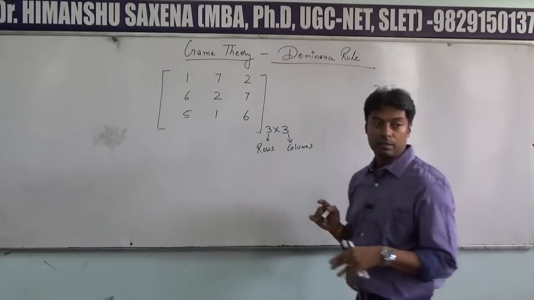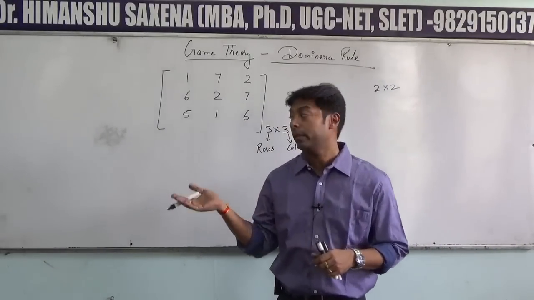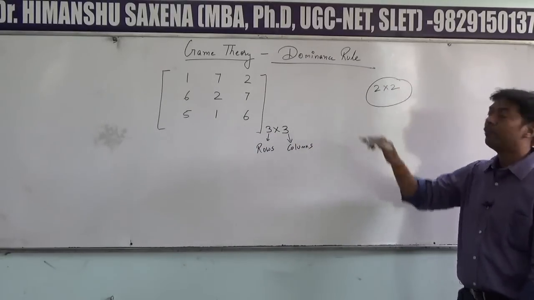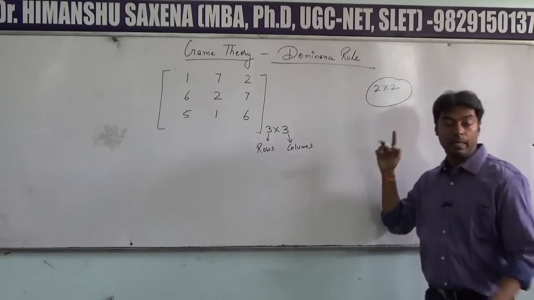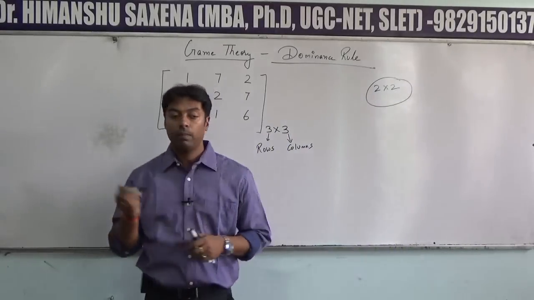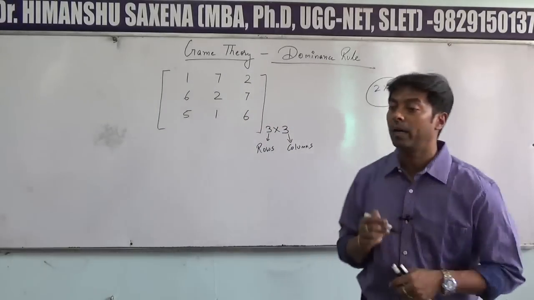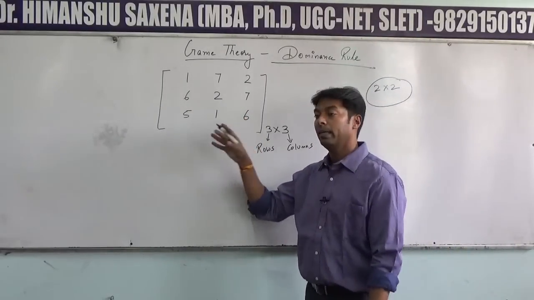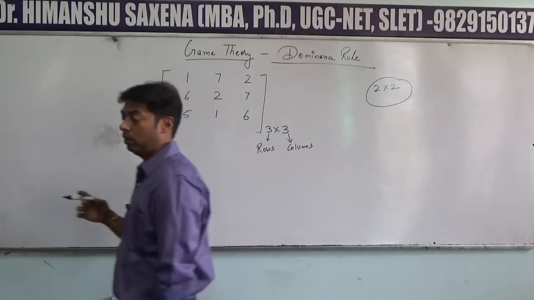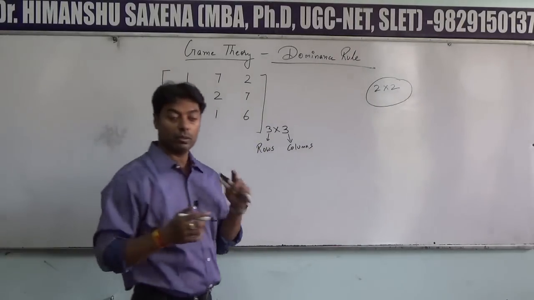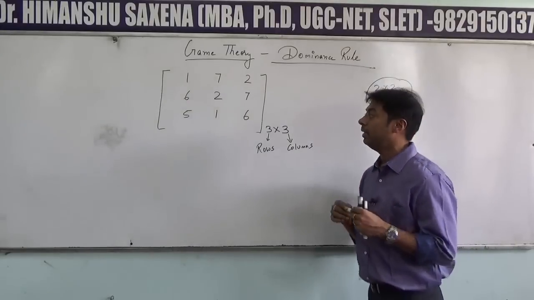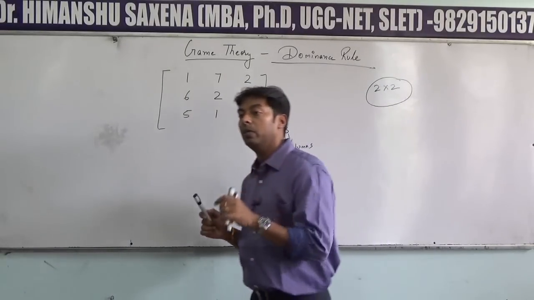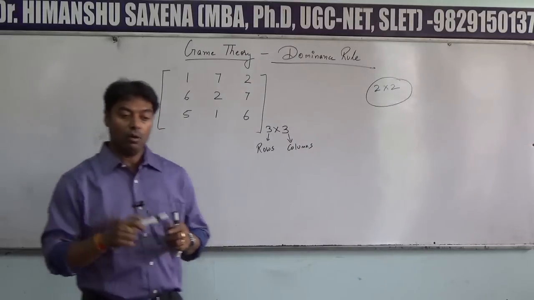Now our task, by applying this dominance rule will be to reduce a bigger game into a smaller game. Once you get a game of 2 by 2, then you can solve it by either automate method or by applying algebraic method, any 2 by 2 model. So we are going to now reduce this bigger game. The game could be of the order 4 by 4, 5 rows, 6 columns, 6 rows, 7 columns. But in every case, by applying dominance rule, the objective will be to reduce a bigger game into a smaller game. And how you will be doing that?